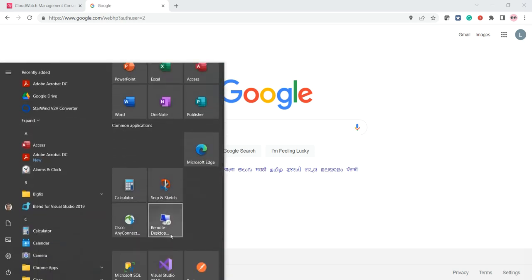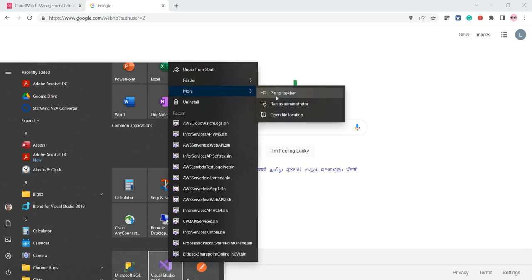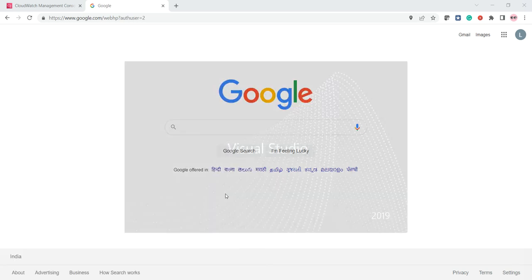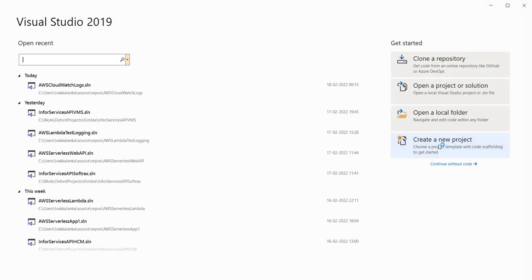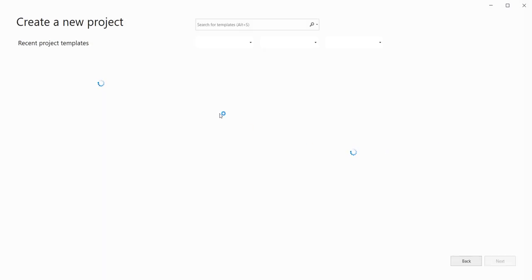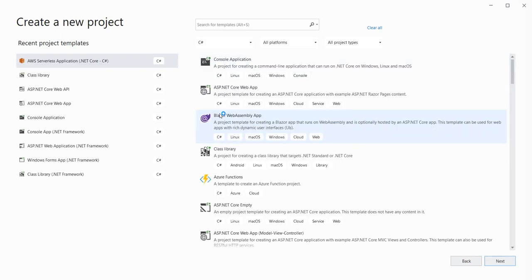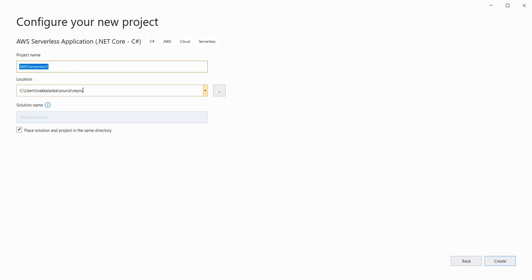So first of all, let us create a new project. I'm opening Visual Studio. Let us click on create new project. And here I'm choosing this template to create the project, AWS serverless application .NET Core, and let us give the name AWS CloudWatch. Click on create,